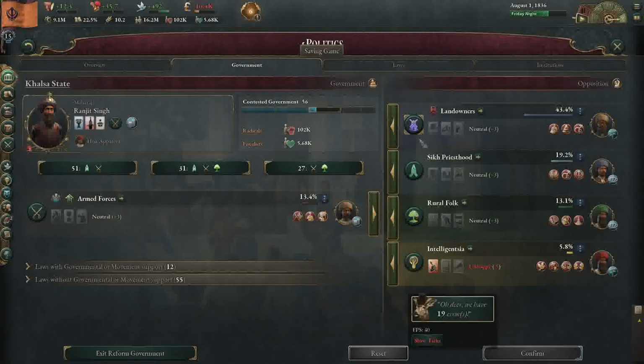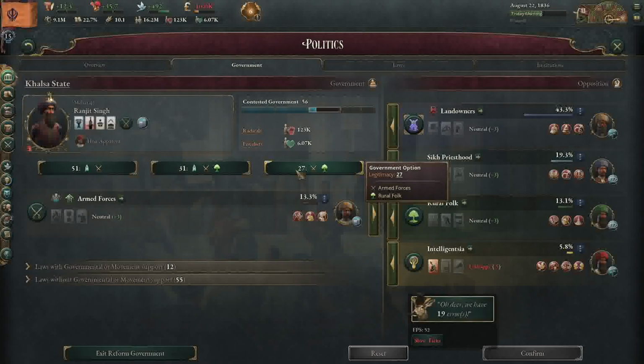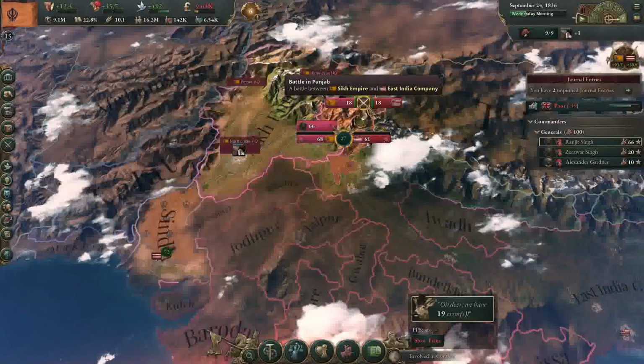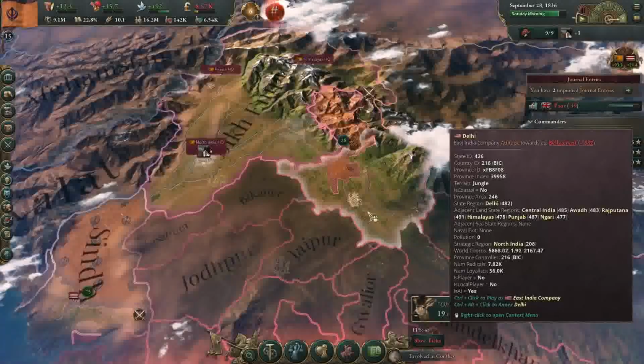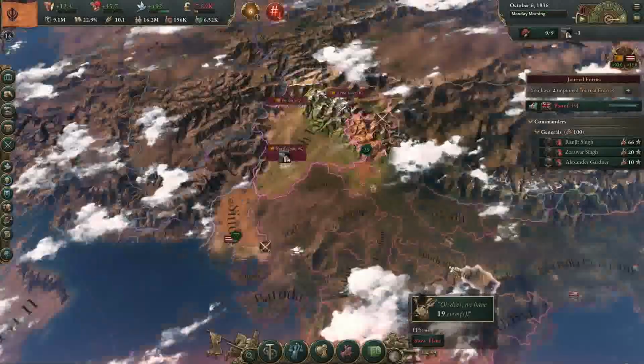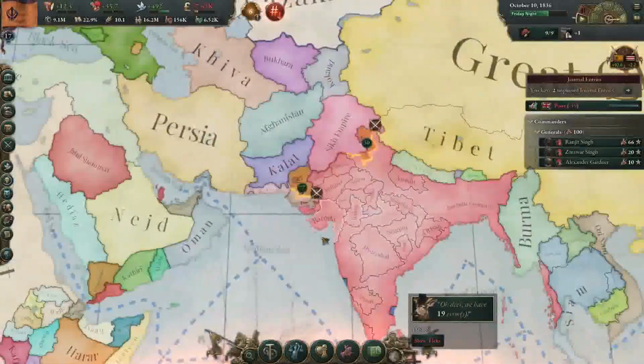Once we get to that point, we are going to need to bring the rural folk in and keep the landowners out. We could even do that right now, actually. We'll wait until this war is looking a little more finished, and then we'll go ahead and start this. So our troops are making some serious advances here against the East India Company. We are burning through money, but fortunately, by getting war reps from EIC, we should be in pretty good shape